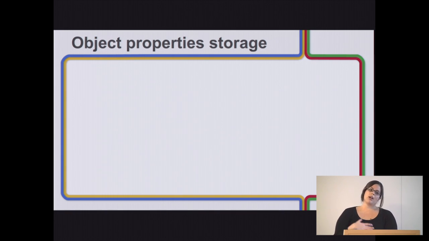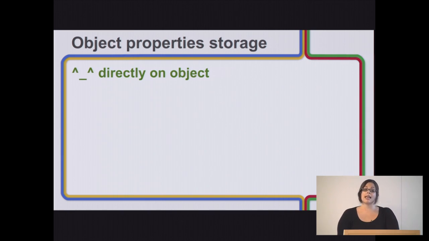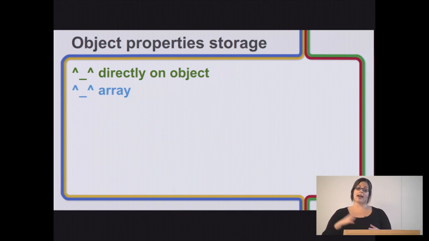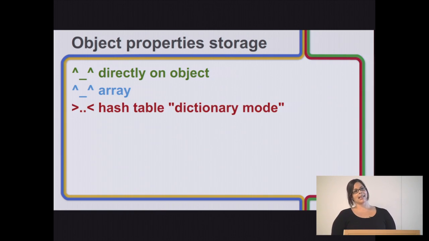All right, so now we know an object has properties. Those properties can be in different storage states. The first state, the default, is that they can be stored directly in an array on the object. That's great, that's fast, that's where you want to be. A second state they can be in is being stored in an array off the object. Still great, still an array, no problem. The third case, which is the one you really have to look out for, is when they're stored in a